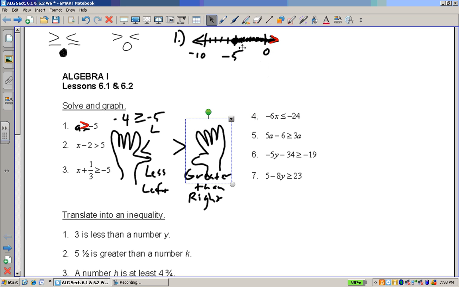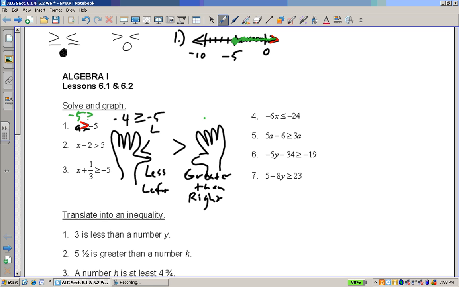Now, which one, is it closed or open dot? How do you remember it, and what does it mean? Well, again, the purpose of this, anything that's shaded here, I could shade it in a different color. It doesn't matter, but so you know what I'm shading here. Everything that I've shaded, if I plug that into the inequality, it makes it true, which is the whole point of this. So if I plug in a -5,